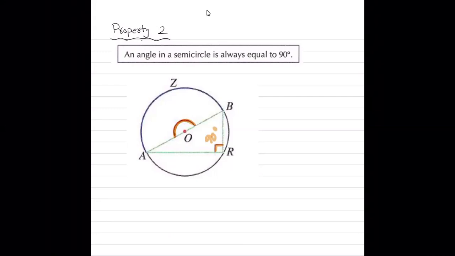Now we have this as another property, and we say that angle in the semicircle is always going to be 90 degrees. So if I connect point Z with A and B, I know that this angle is always going to be 90 degrees, because it is the angle in the semicircle. And for the application of this property, you should have AB as a diameter, not a chord. Is this okay? Yes.